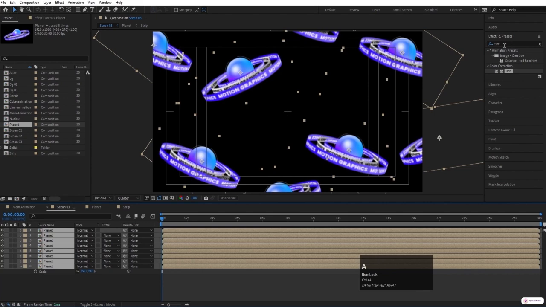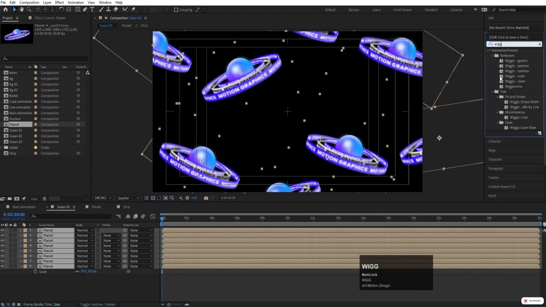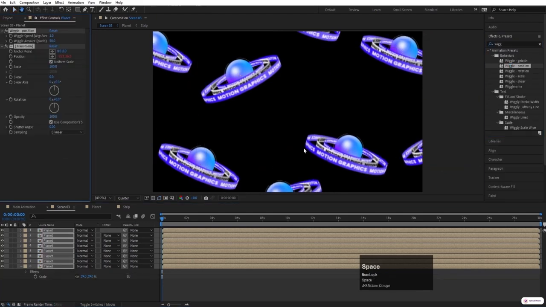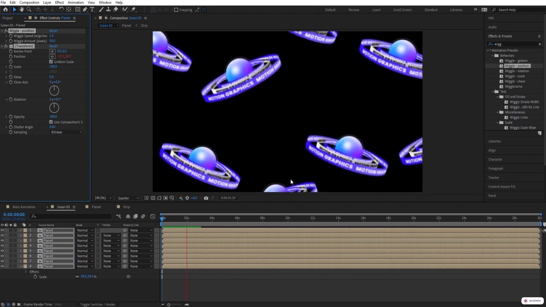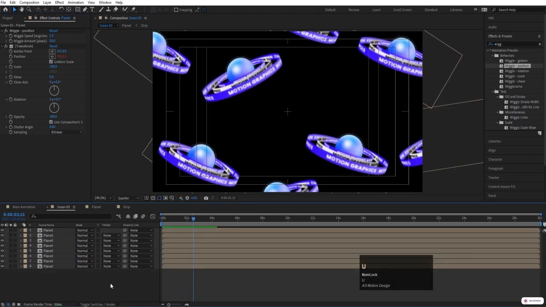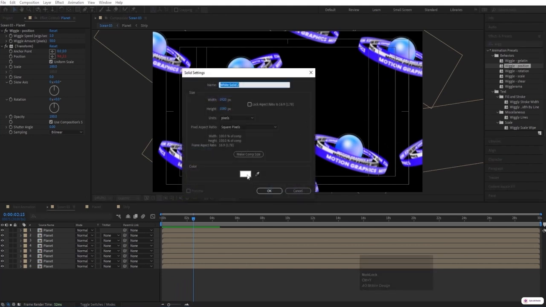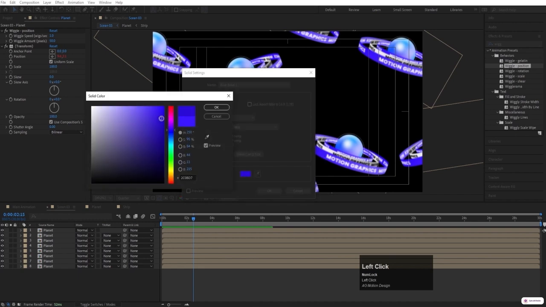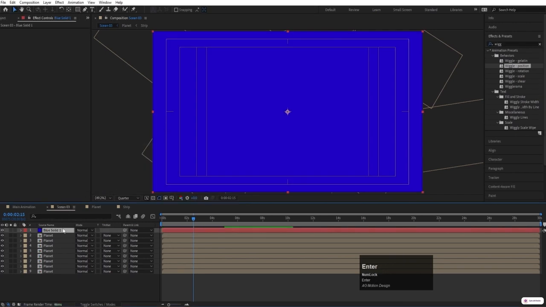Let's select all of them and go to the Effects and Presets panel and search for the wiggle position effect and double click to apply. So we are gonna get this kind of structure. Okay, and after that there should be a certain amount of background over here. So for that I'm going to press Ctrl Y, and with the help of this color options I'm going to pick up this color, and let's try to choose one darker version of it, and let's try to bring this